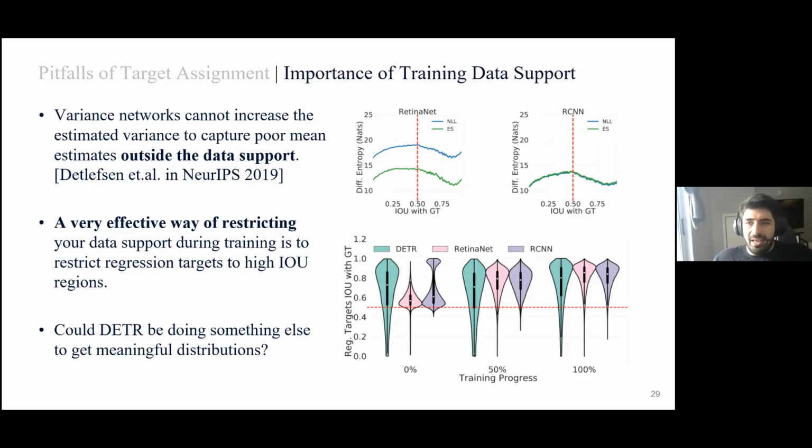To use other tasks as evaluation, you need tasks that can actually exploit your uncertainty. What we found out is that most of the tasks we tested are insensitive to uncertainty, of course. We didn't test everything. We tested tracking and a couple of other small things in tracking. So it is important, but we could not find a trivial way to do this without actually doing the work ourselves and designing the tasks to use our uncertainties ourselves, right?